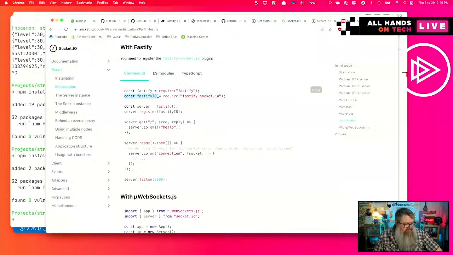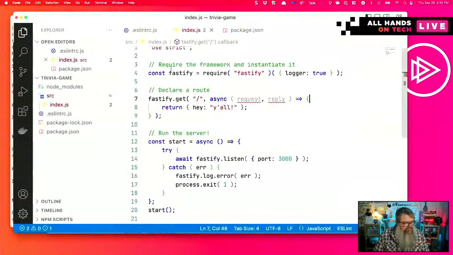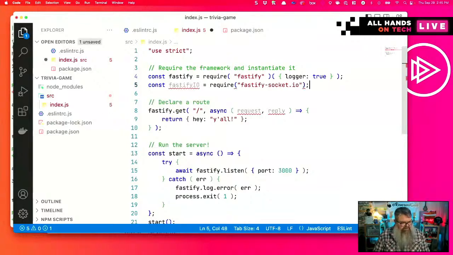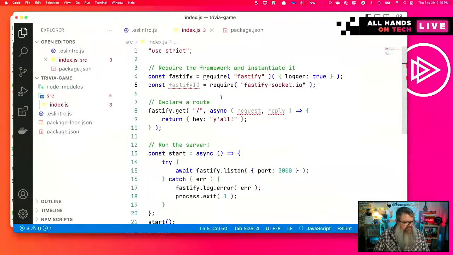So Fastify.io, let's copy that. After we import Fastify, let's require in Fastify IO. It creates a server. Let's see, how does that compare with what we have? That must be what this is.